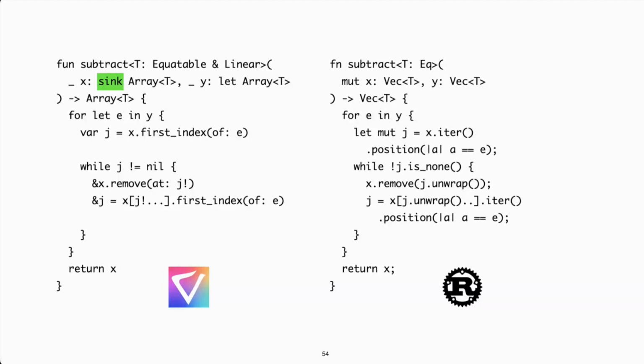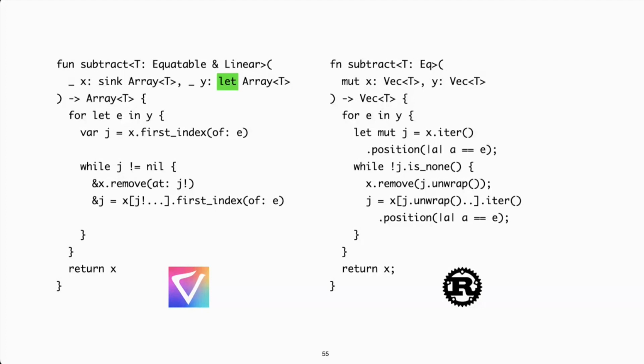The sink convention signals to the caller that this function, the subtract function, will take possession of the first argument. In other words, the argument will move into the callee without causing a copy. It's really the same thing as what we had in Rust before. The let keyword signals to the caller that this function will only read the second argument without modifying it.